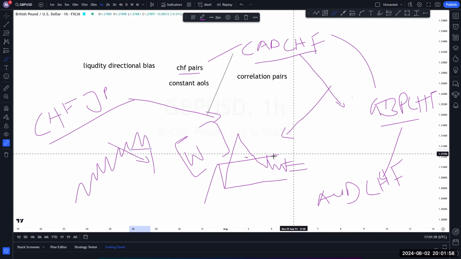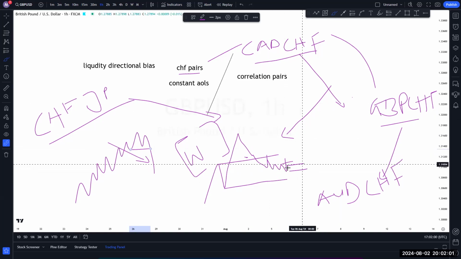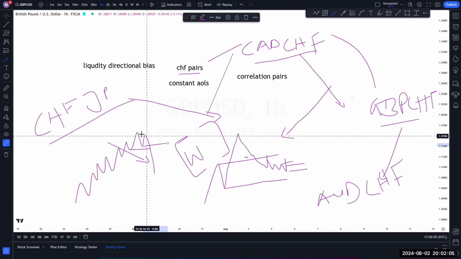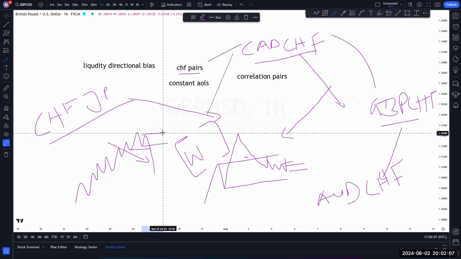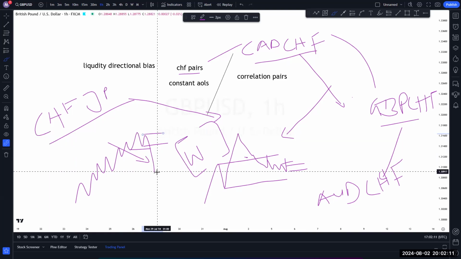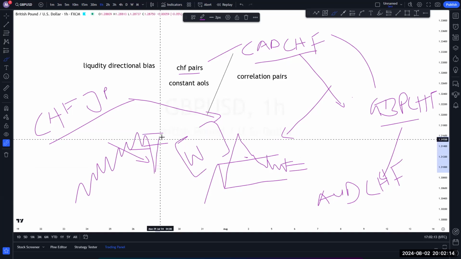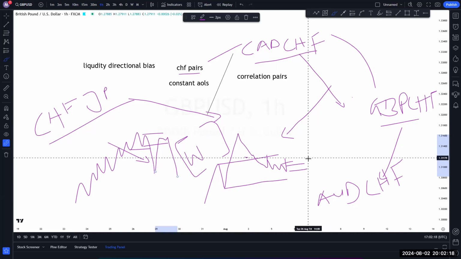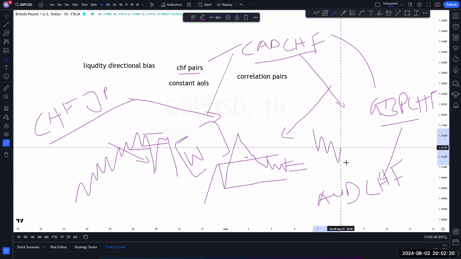Meaning, if you have this area of liquidity on CAD CHF on 4 hour, you'll be having this on CHF JPY. Are we together? So whenever this CHF JPY is giving a pullback to this weekly area, to this 4 hour area of liquidity, and let's assume that on the CAD CHF we had something like this